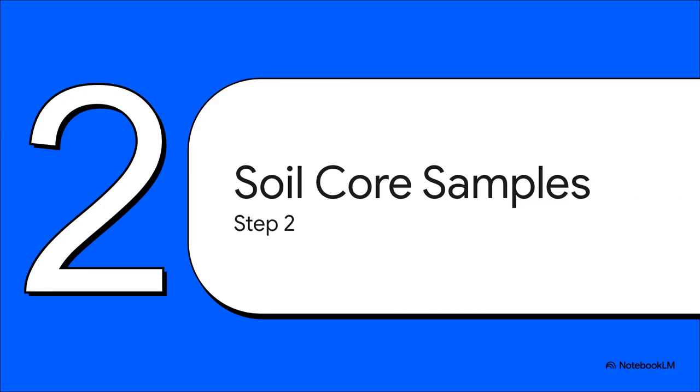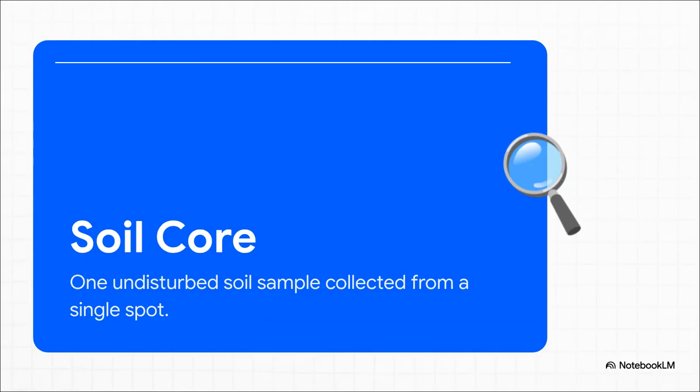All right, moving right along to Section 2, taking soil core samples. Let's zoom in on the actual physical extraction. Now pay attention to the word undisturbed here. A soil core is an individual sample taken from one single spot, and it has to remain completely intact. You need that original structure so you can accurately analyze physical properties like bulk density and porosity. Typically, you're collecting these in 100 or 400 cubic centimeter volumes, and you're pulling from at least 2 spots per